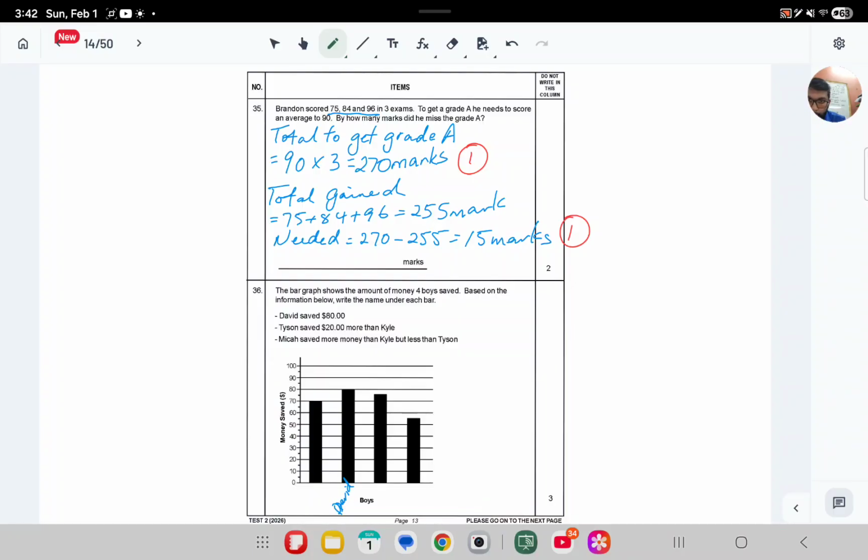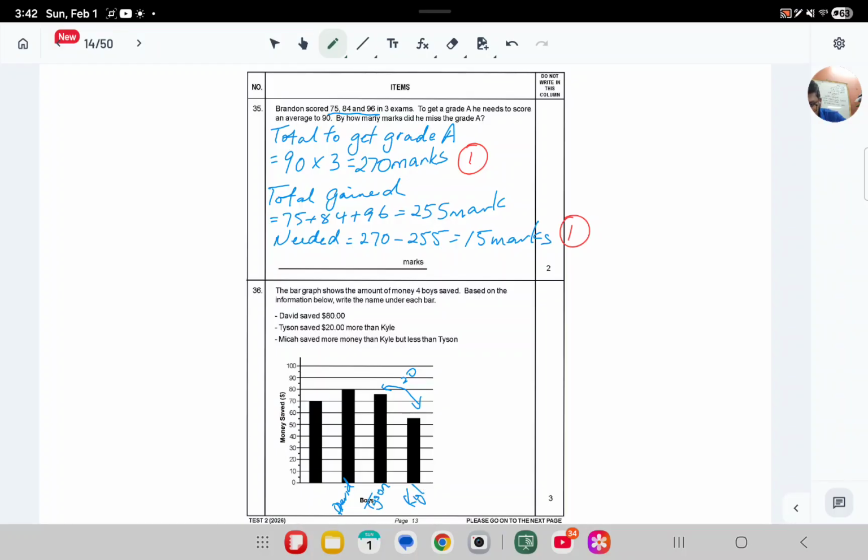Then they said Tyson saved 20 more than Kyle. So based on the remaining 3, we want to see which one was 20 more than the other. So this is 70, this is 75, so it can't be these two. This one is 55, this one was 75. They said Tyson received 20 more. So therefore we know the difference between these two is 20. So therefore this would be Tyson,